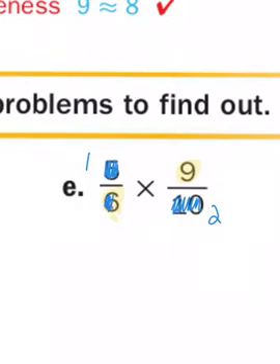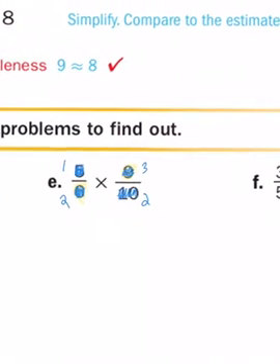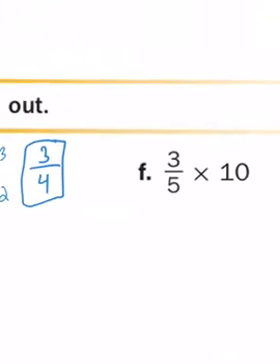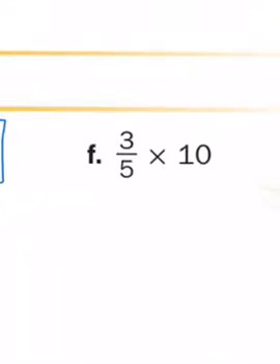And 3 goes into 6 2 times. And 3 goes into 9 3 times. Now when I multiply, I get 1 times 3 is 3. 2 times 2 is 4. 3/4 is simplest form. All right, and last one in problem F, I'm going to start by writing the 10/1,